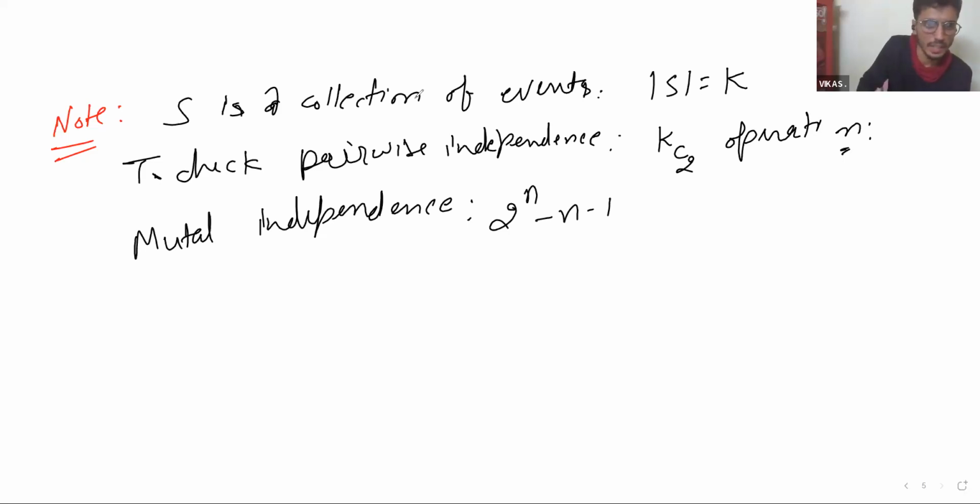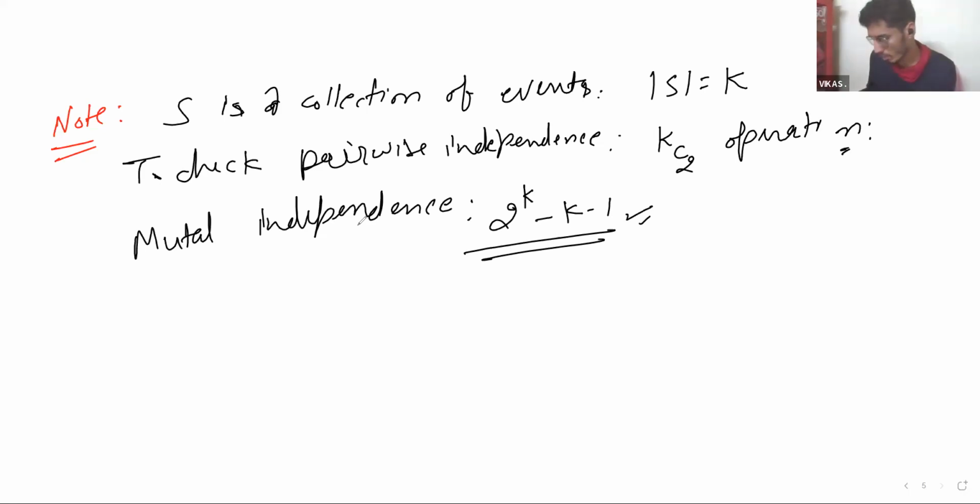Just verify from your side that this is a far greater number than this. To check mutual independence, you have to apply a greater number of operations. This kind of question may come, but it's a very basic observation. And mutual independence and pairwise independence we have done.